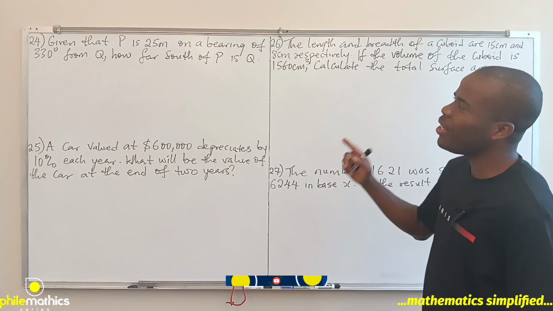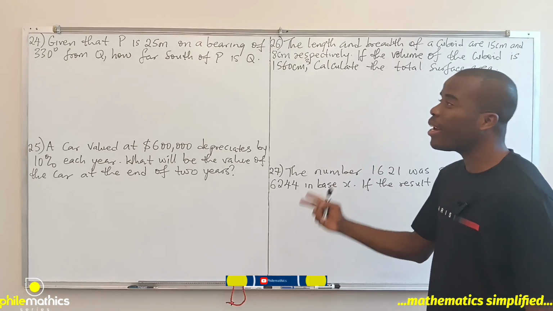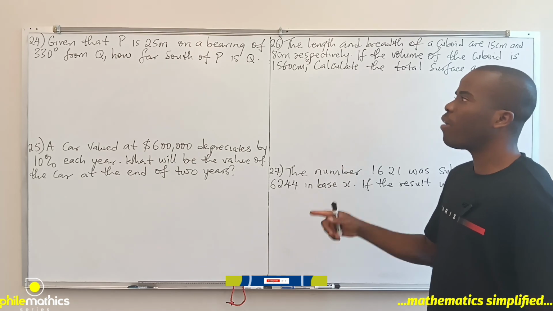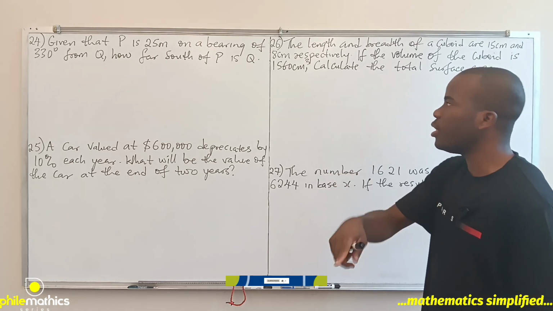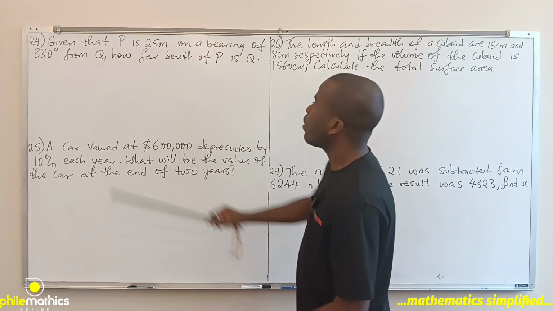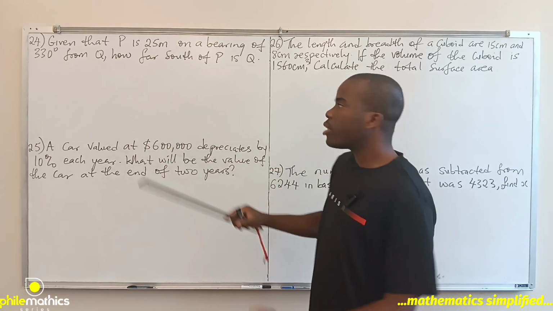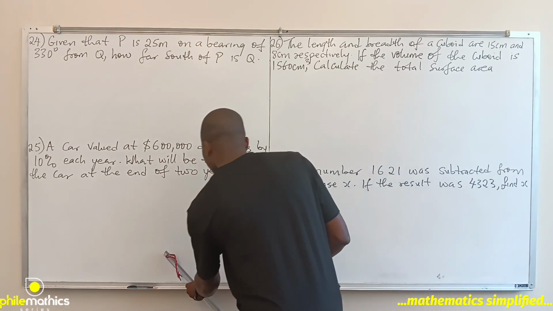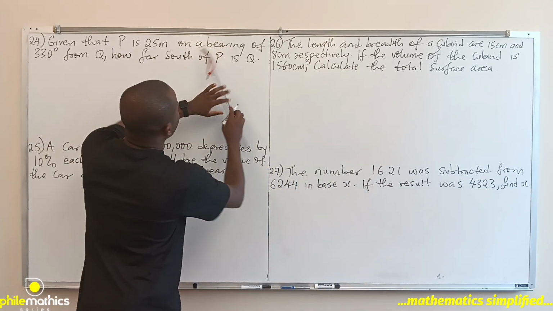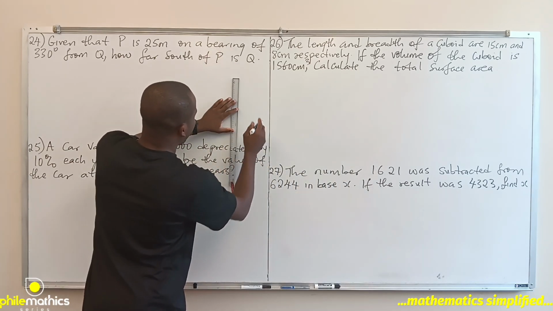Given that P is 25 meters on a bearing of 330 degrees from Q, how far south of P is Q? So let's sketch. Whenever you see "from," start your sketch from there. It's advisable. So 330 degrees from Q, if this is Q,